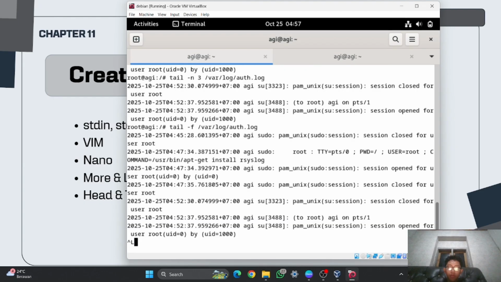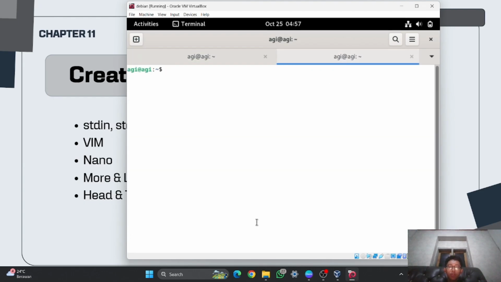Wait, I want to clear it first. I will try from the Agi user. I want to log into root. I will fill in the wrong password. And as you can see, it is an authentication failure.